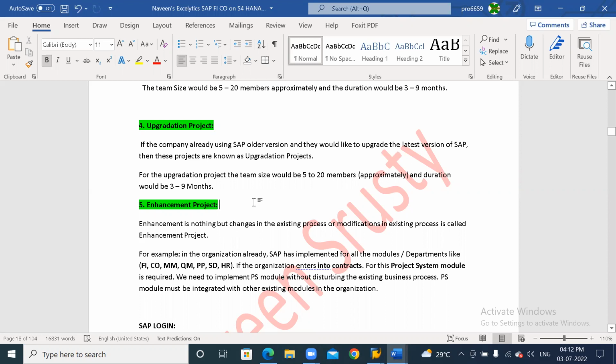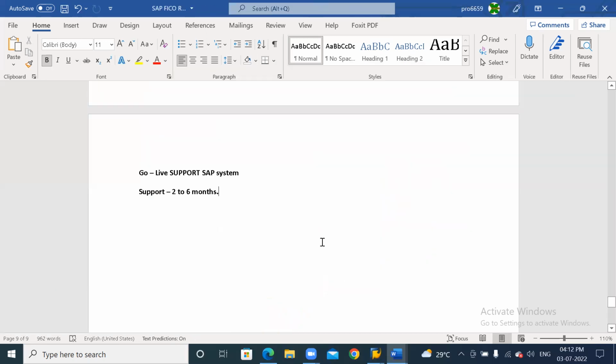Next one, enhancement project. So again, this particular project, enhancement, is nothing but changes in the existing process. What do you mean by existing process? I'll tell you. See here, for example, Ready Labs. If I take Ready Labs